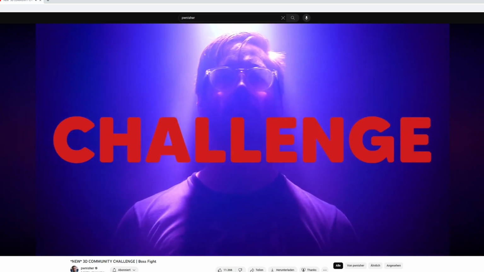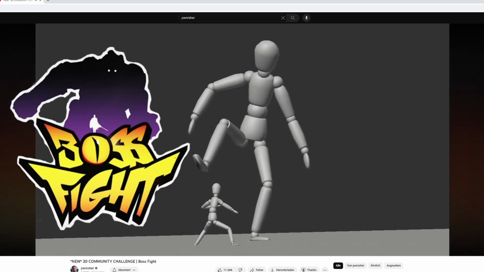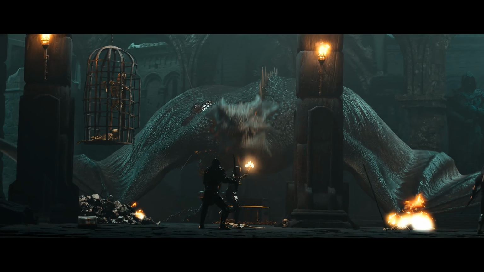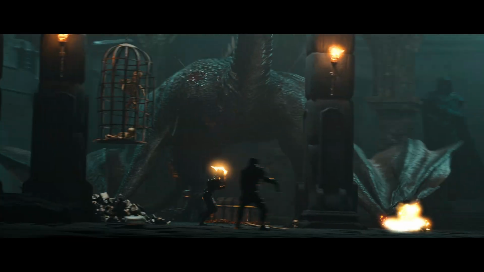Okay, so it was time for another Pwnisher challenge. This time the topic of the challenge was the big boss fight, but there was a problem. Actually, I was a little bit late to the party because I was stuck in a few other projects from work, so I had like 10 days left to enter this challenge, and this is really not enough time to create